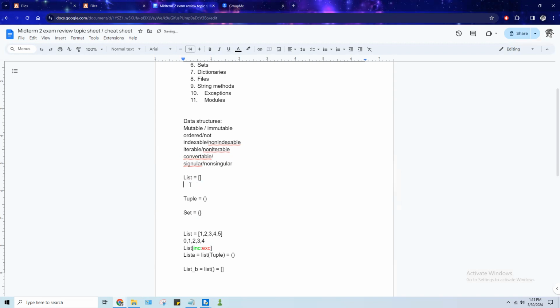Whereas lists, so singular or non-singular means that I can have a list, and it can have one in it an infinite amount of times, and that's fine. Whereas with sets and dictionary keys, you can only have a singular version of it. Tuples, again, tuples are non-mutable, so you cannot change them. You can by just equaling them to themselves. So you can always just do tuple_b equals tuple_b